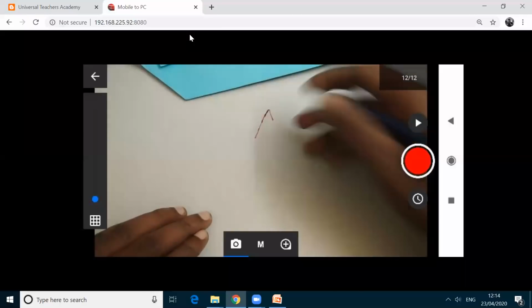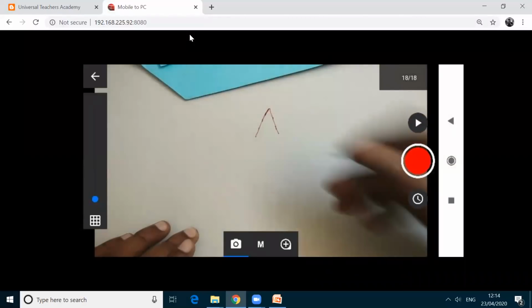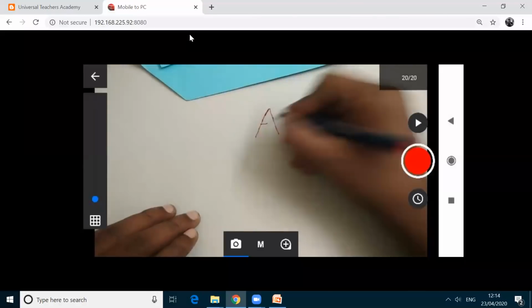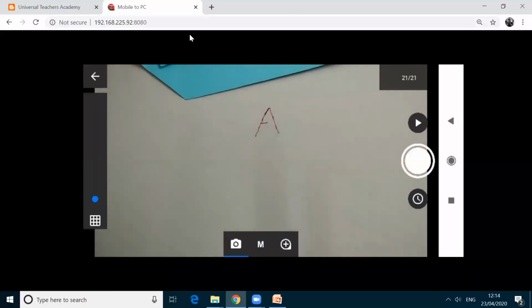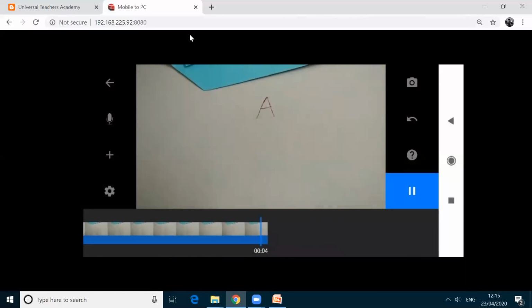I'm adding, then I'm doing like this. Okay, I'm playing here. Like this, you can create geometry, you can teach anything using this.